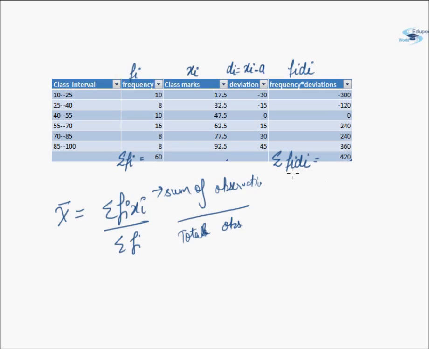Now here we have fi di and fi. If we divide summation fi di by summation fi, then